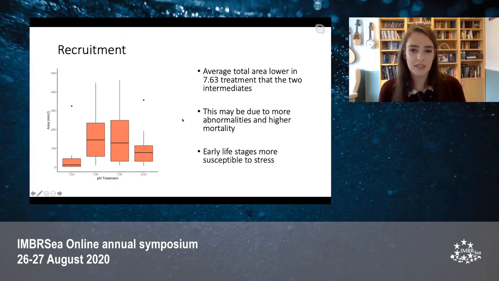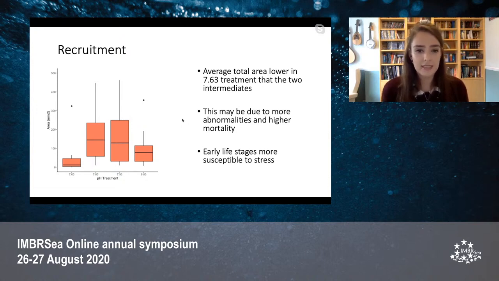And a 2013 study found that the amount of recruits was reduced in acidified conditions due to more abnormalities and a higher rate of mortality. And then a biomechanical study from 2018 showed that the number of recruits was reduced due to a reduction in attachment strength at low pH, both initial attachment strength and attachment strength over the course of time. So in general, because of my methods, I cannot tell which factors have caused this reduction in total area at